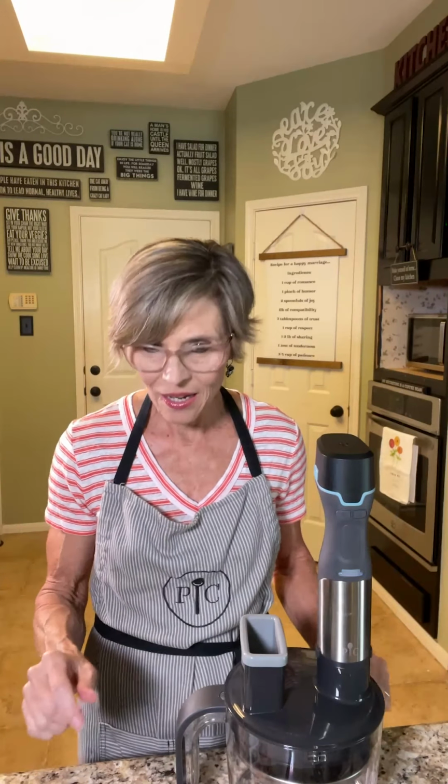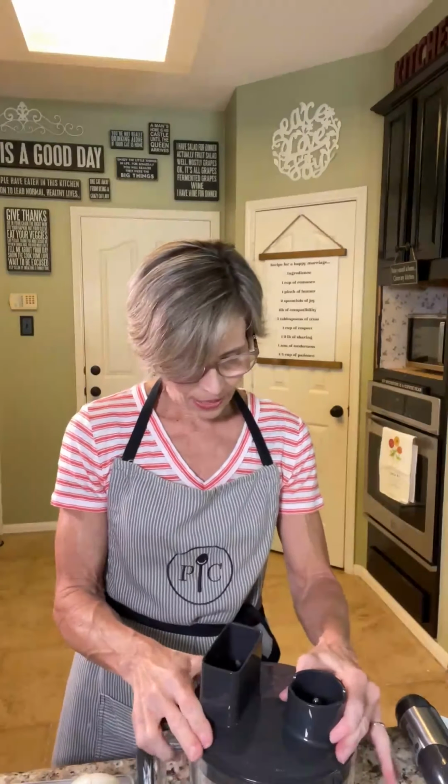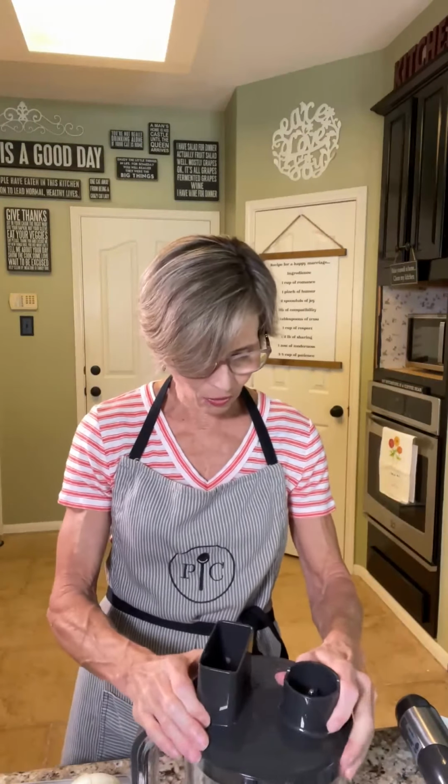All right, let's cut something up next. How's that? The first thing I'm going to show you is how to chop some onions. So I have the multi-blade right here. You just set it in. I'm going to lock the lid in place. I also wanted to point out that